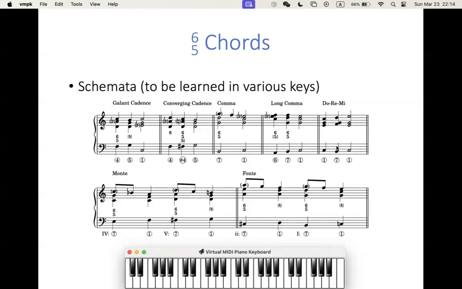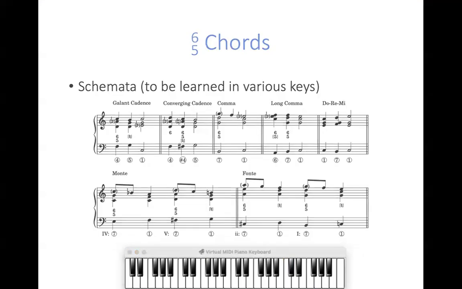That's just one variant. Usually we just see a 6/3 chord on the 7. The students would have already encountered this in a previous class. And the monte is basically a comma in 4 and a comma in 5, comma in 2, comma in 1 gives us the fonte. Okay, so we're going to use these schemata